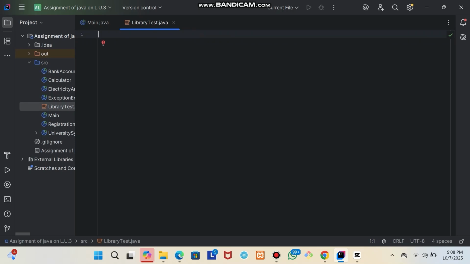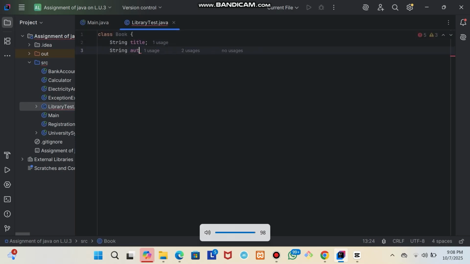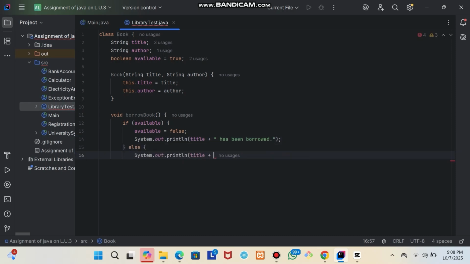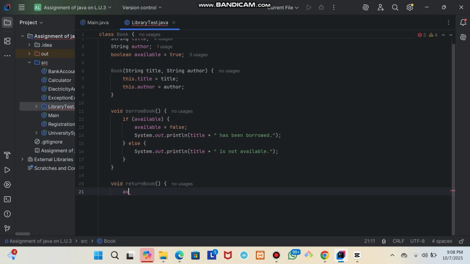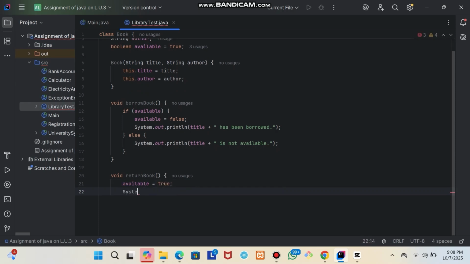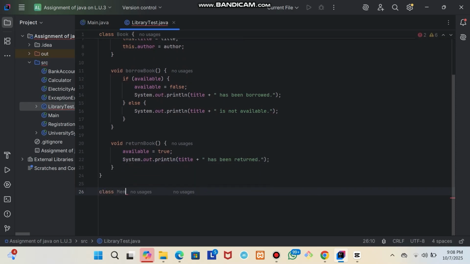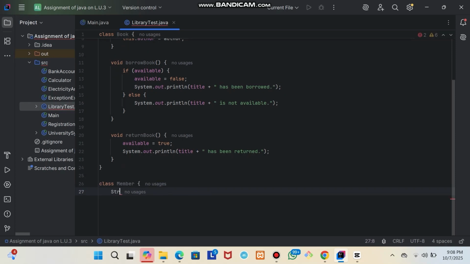So let's make another program, which is a librarian program, where we will check the books the librarian has lent and whether they have been returned. Here we have a class called Book, with variables like outlook, things like that, and then we have to make another class called Member, and in Member we